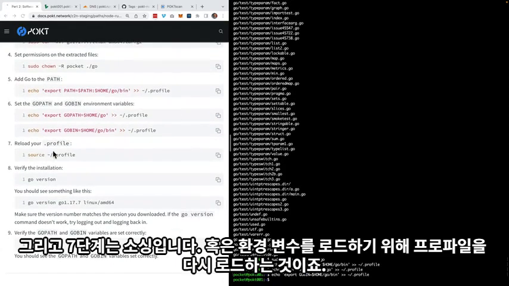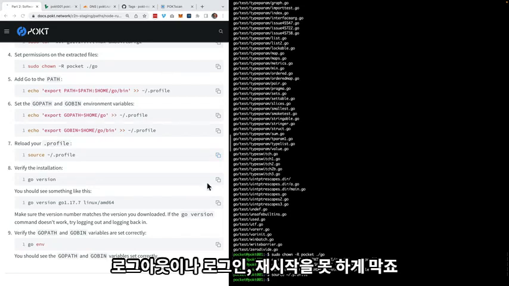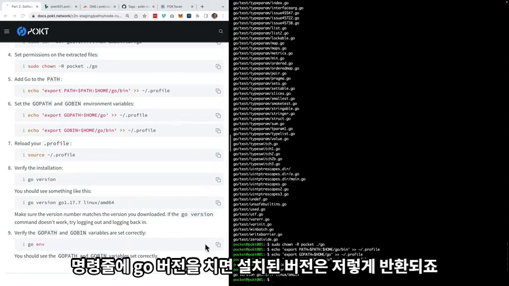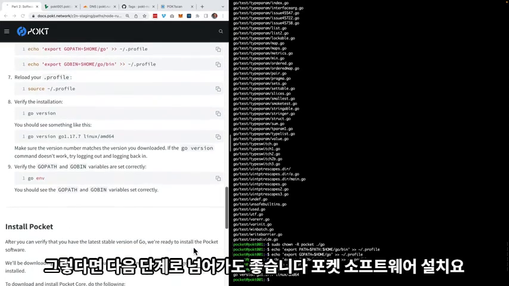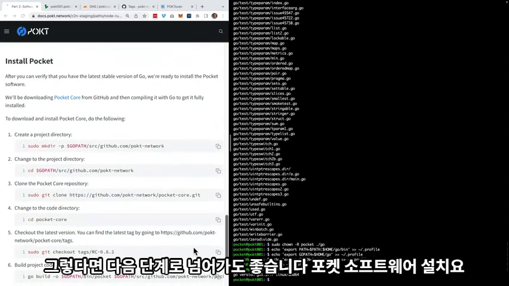And then this step 7 here, we're sourcing or basically reloading the profile to get the environment variables loaded, and that just prevents us from having to log out and log back in or restart. And then this last step here is just confirming that Go is installed. And if you type Go version at the command line, you should see the version that was installed returned, just like that. And if so, we are good to continue on to the next step, which is installing the Pokt